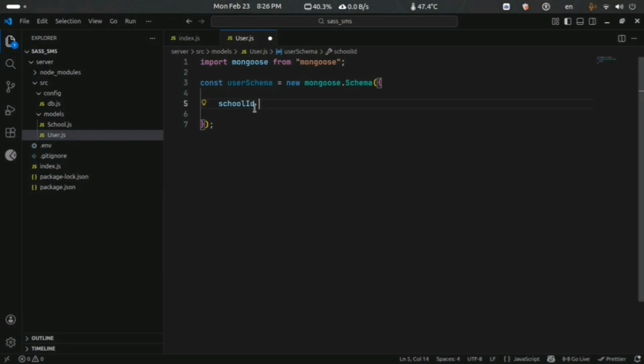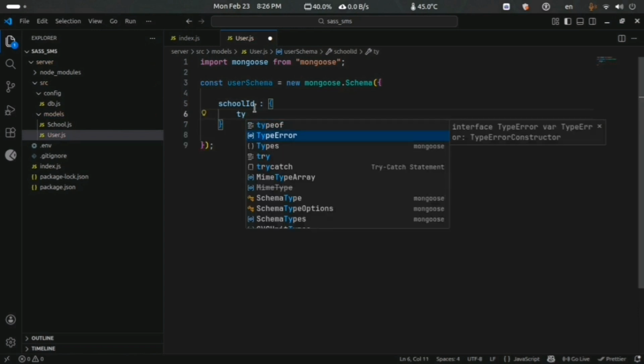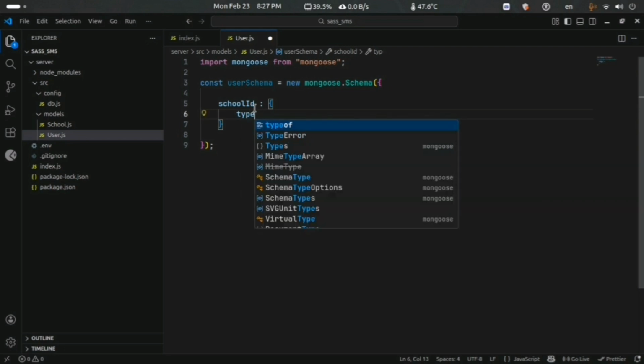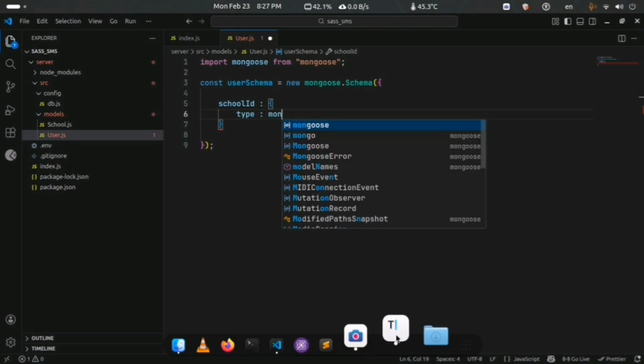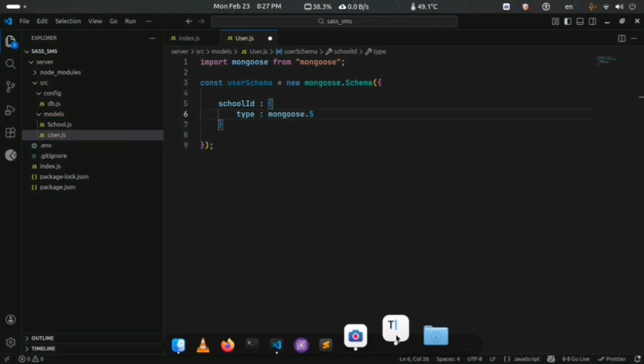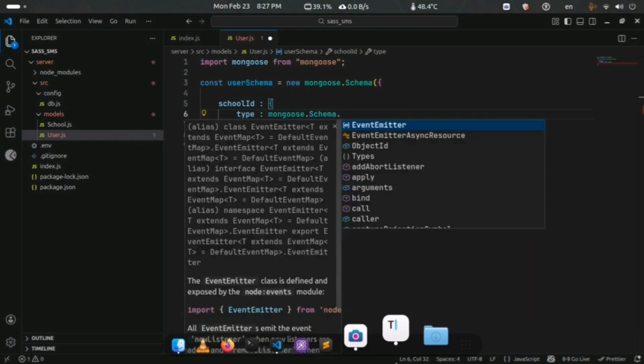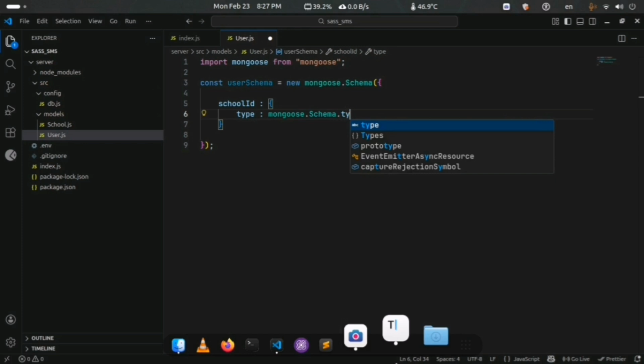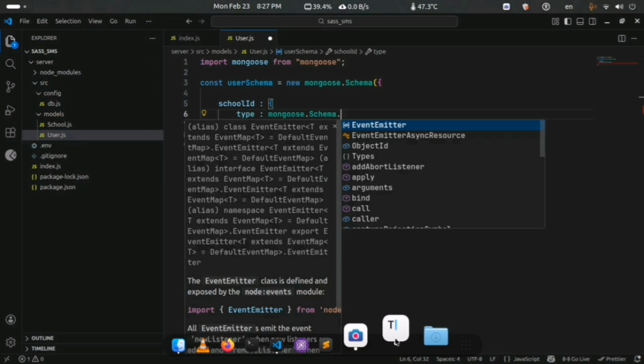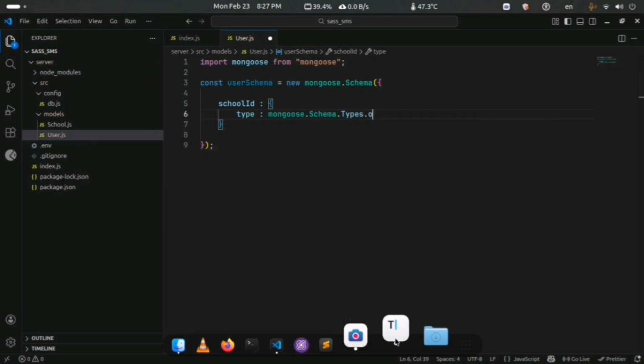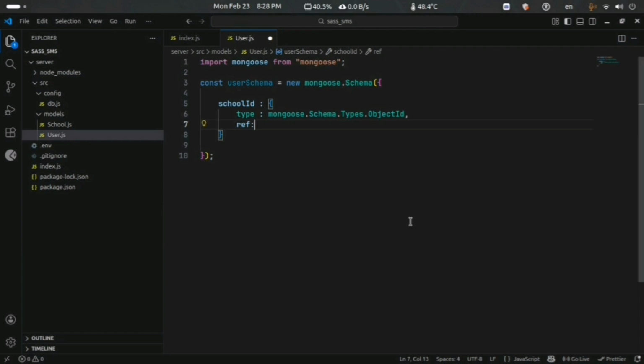First of all, we are adding schoolId. Type will be mongoose.Schema.Types.ObjectId. Reference will be School. Default null.